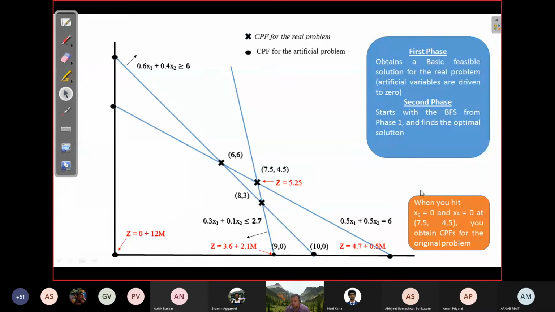And then you can drop the columns corresponding to the artificial variables, because they will not be needed anymore, right? But even if you keep them, it won't cause you any trouble. They will never enter the base again, because their values are now optimally set to 0. If they enter the base, then unnecessarily the z value will decrease. So for a maximization problem, it will never happen.